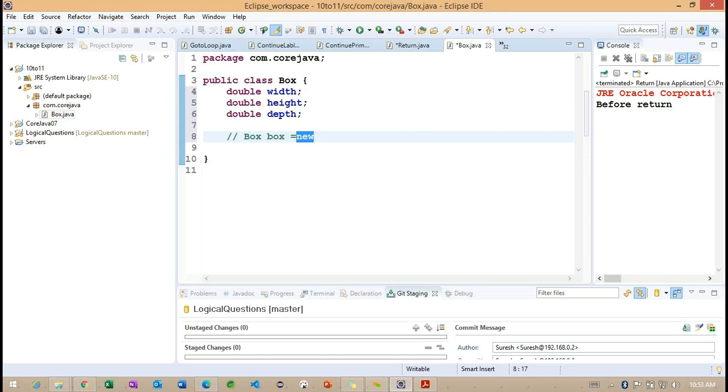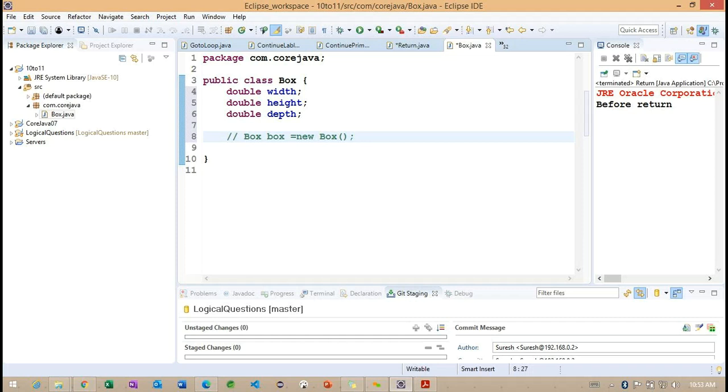Getting the point. Which class object are we creating here? Something called Box, because the type here is Box. And after new, we have Box, the Box constructor we are going to call. So inside this, we are going to have this constructor as a default constructor. This constructor we call a default constructor. And how do we define default constructors? Based on the class name, getting the point. Based on this class name, we define the constructor here. The class name and constructor name should be the same here.